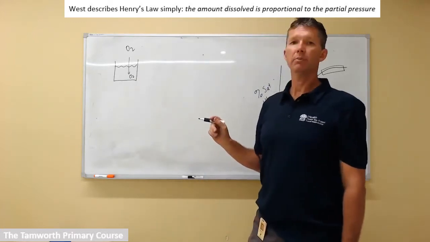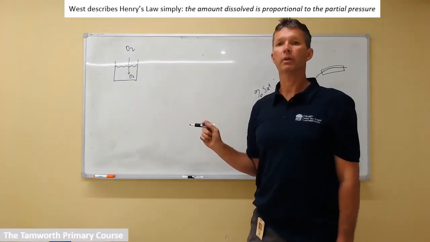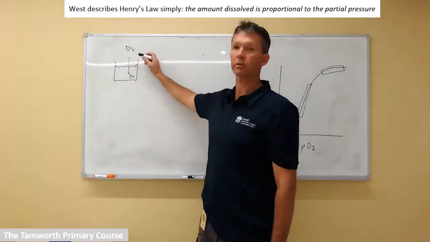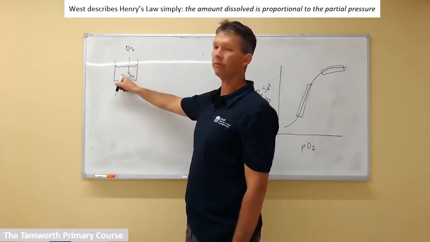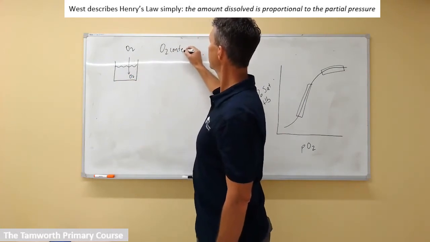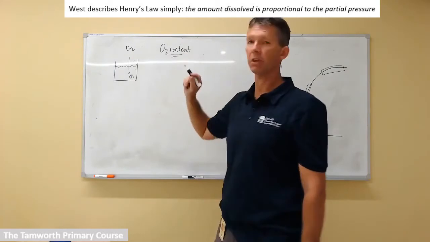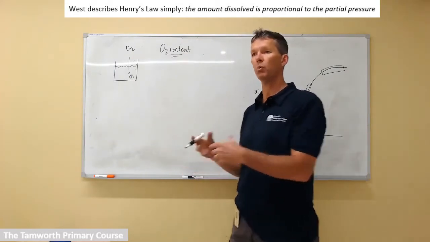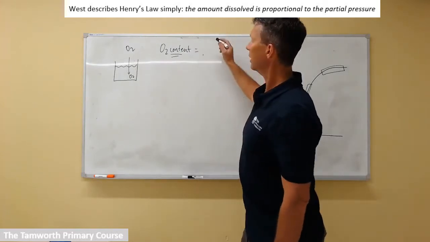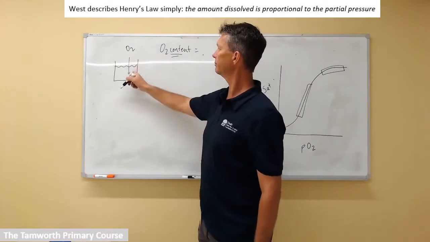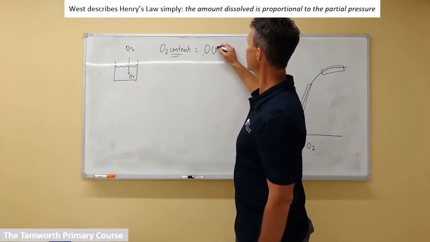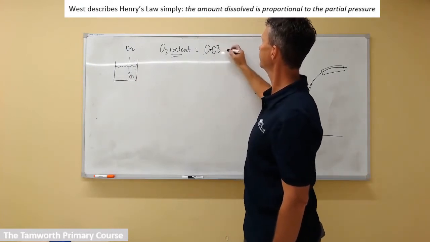Now, that is a predictable proportion, in that if we talk about plasma now, and we talk about alveolus, we know the amount of oxygen, or the oxygen content, and that's very important. I want to put emphasis on the content here. This is the amount. If you could pull it out and weigh it, how much would there be? The oxygen content is a proportion of the partial pressure. And it just so happens that for oxygen it's 3%, 0.03